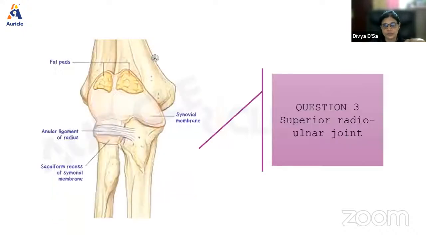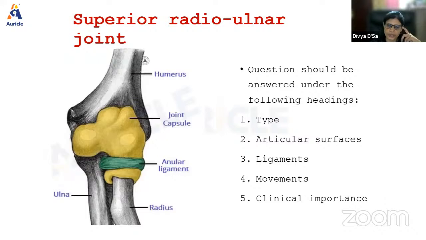So next we go to the superior radio-ulnar joint. For any joint, you need the type of joint, the articular surfaces, ligaments, movements, and clinical importance. So here, what type of joint is it? It is a pivot because it just moves like this, right? The head of the radius will move in the radial notch, with the annular ligament holding it just like a pivot. So it is a pivot type of